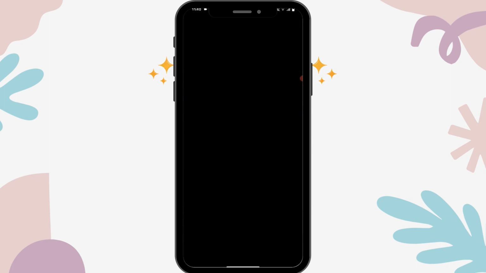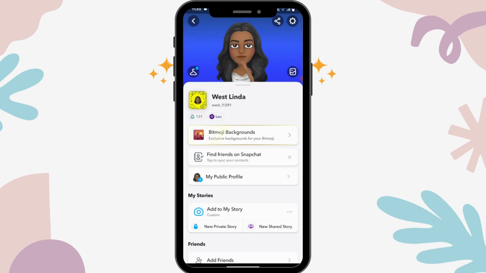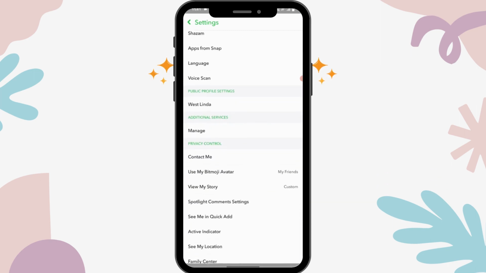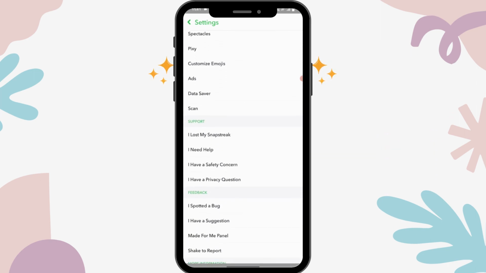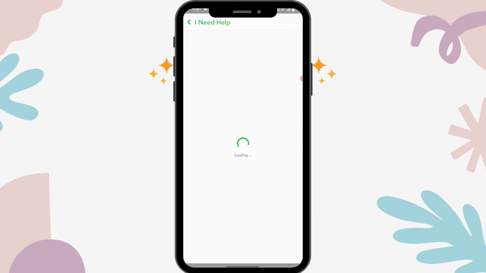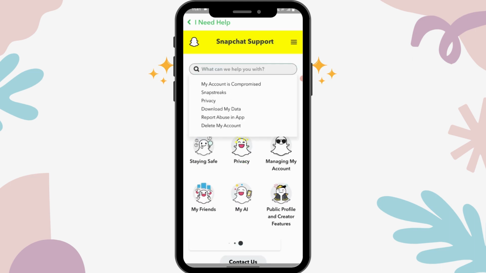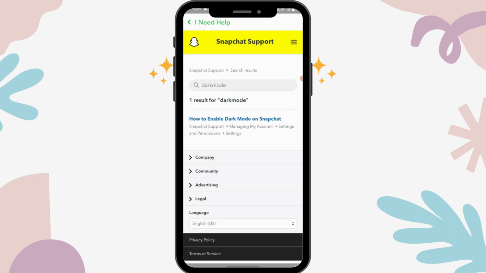and then you can go to the upper right corner which has settings, and now you can scroll down and go to I need help and then search for dark mode. And after searching here, you will have how to enable dark mode on Snapchat. You can simply tap on that,